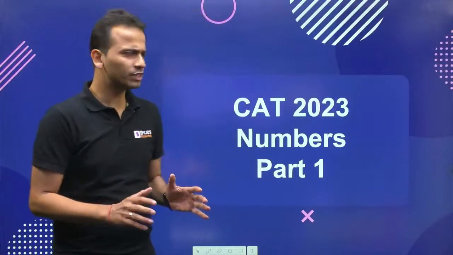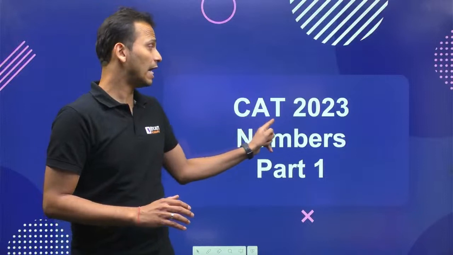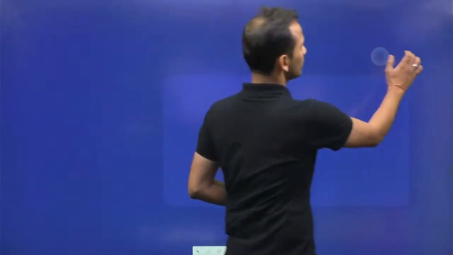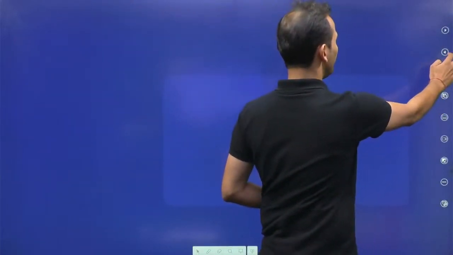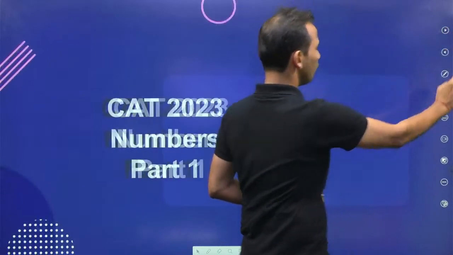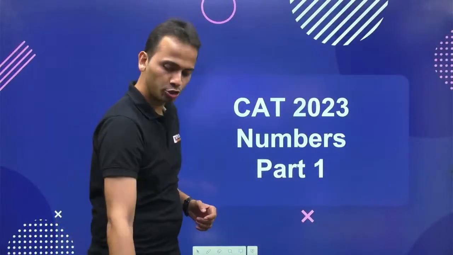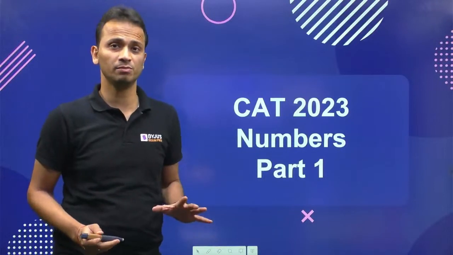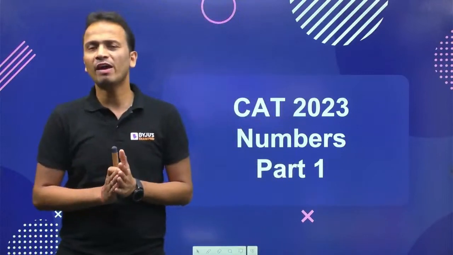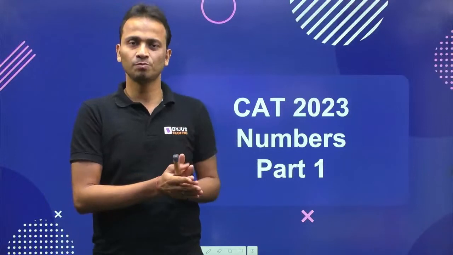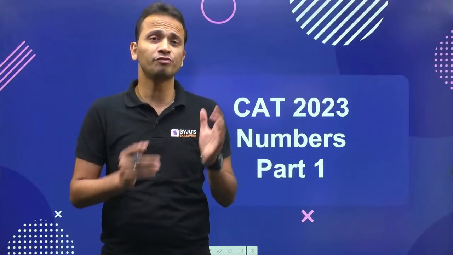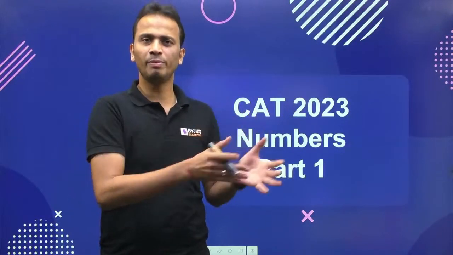Now I'll quickly tell you what all things we are going to cover in today's session. The title of this session is Number Systems for CAT 2023. We are going to discuss some of the very good questions which are based on number systems. Yes, the level of difficulty of these questions will be slightly higher as compared to the questions that we have discussed in the previous sessions, which had a title of Basics of Number Systems or Basics of Arithmetic.